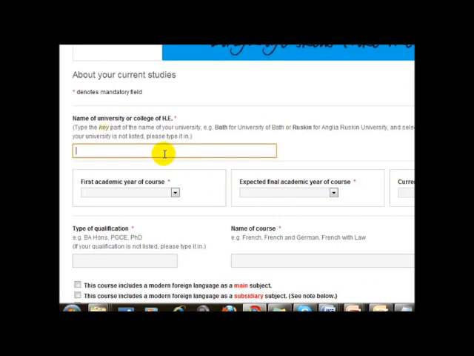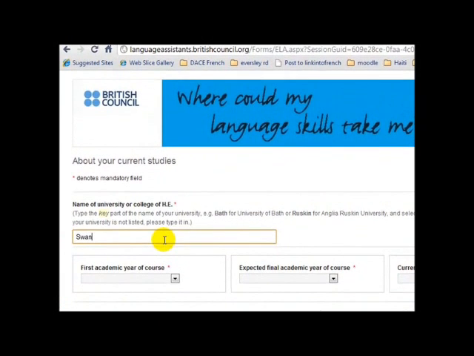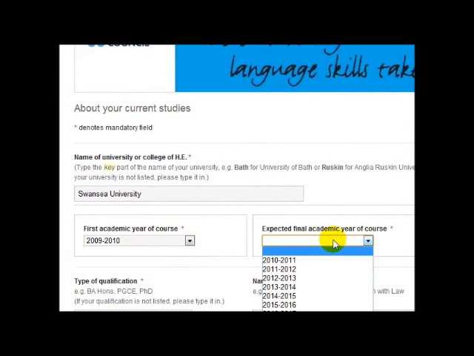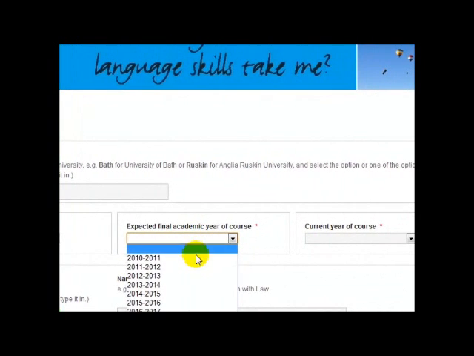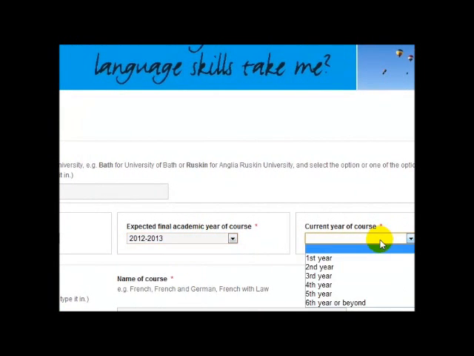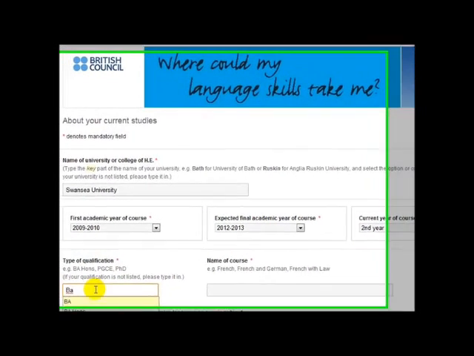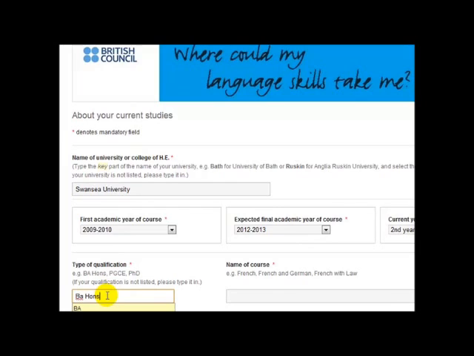So here you put Swansea University. And first academic year, of course. What's your first year? 2009, 2010. Expected final academic year, of course, would be? Okay. And current year, of course, second year. Yes? Okay. Type of qualifications that you'll get. BA, do you get BA honours? Okay. I think if you're doing a single,